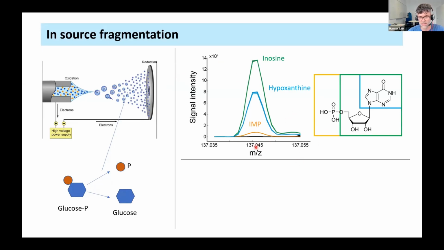So this is the mass that matches to hypoxanthine. Hypoxanthine has this mass of 137.045. So this is the exact mass of hypoxanthine. And as expected, we see this in the hypoxanthine standard, but we also see it in the inosine standard and in the standard of IMP. And what happens is, here is the molecule. The total molecule is inosine monophosphate. Hypoxanthine is the molecule indicated here in blue. And what happens in the electrospray is we just get rid of the sugar phosphate, or of just the sugar in the case of inosine, and then what is left is hypoxanthine. That's why for all of these three standards, we get a signal at hypoxanthine.